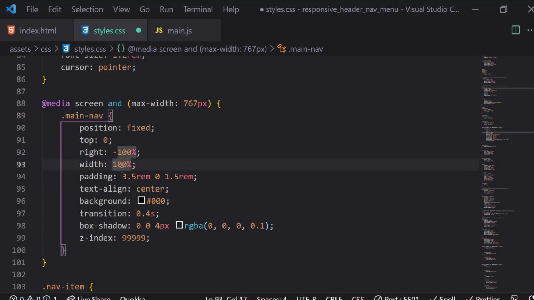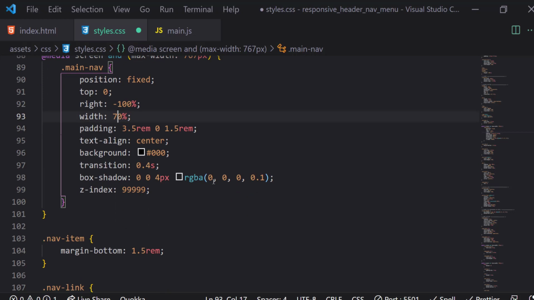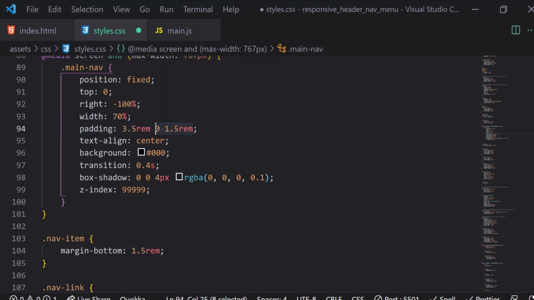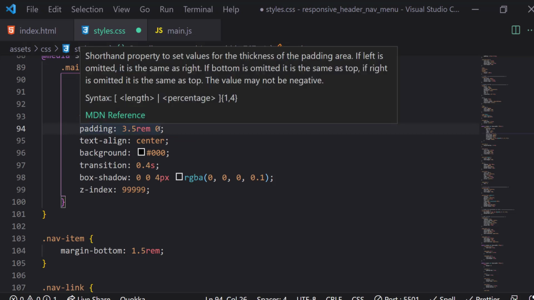So for this width, I'm going to set the width to 70% instead of 100%. Don't worry, I'm breaking a few things, I know. You're going to see what I mean. So for the top right here, the top is going to stay at 3.5 rem, and then the